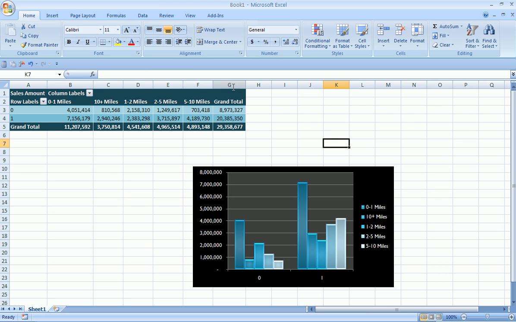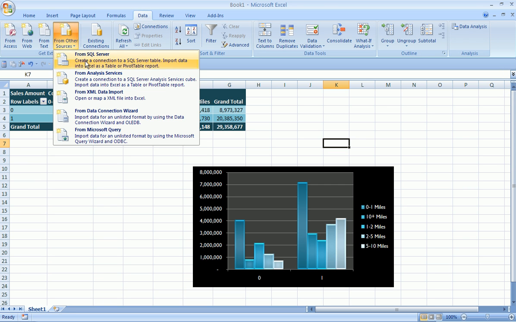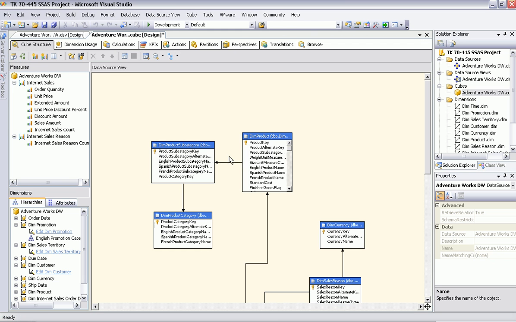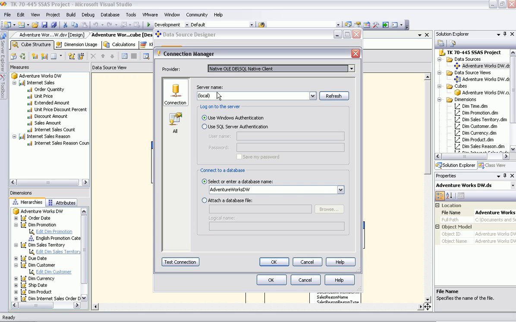But you are able to browse or analyze the data of the cube using Excel. This is how you get the cube data via Excel. You come down to analysis services and specify the server name. You remember from our connections we actually specified the server name. Let me take you there in a minute. The very server name you place here is the server name that you will be required to provide,